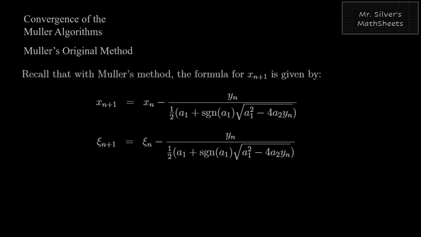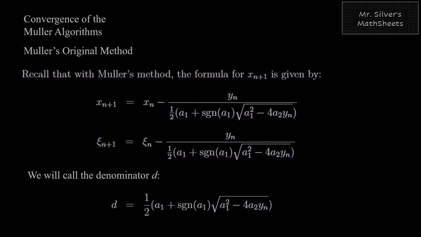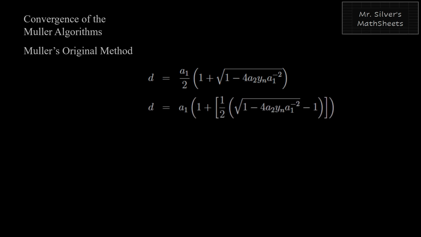We will modify the denominator to make it look a little simpler. It'll look a little bit more like a1, and a1 minus another term, and then we'll figure out what that other term is. So we'll look at the denominator term, we'll do some algebra to it, make it look a little bit more like a1